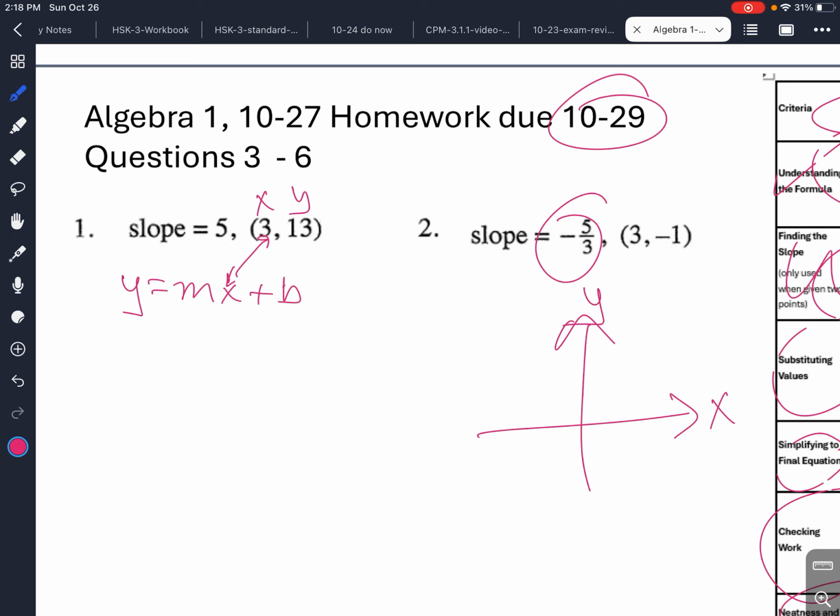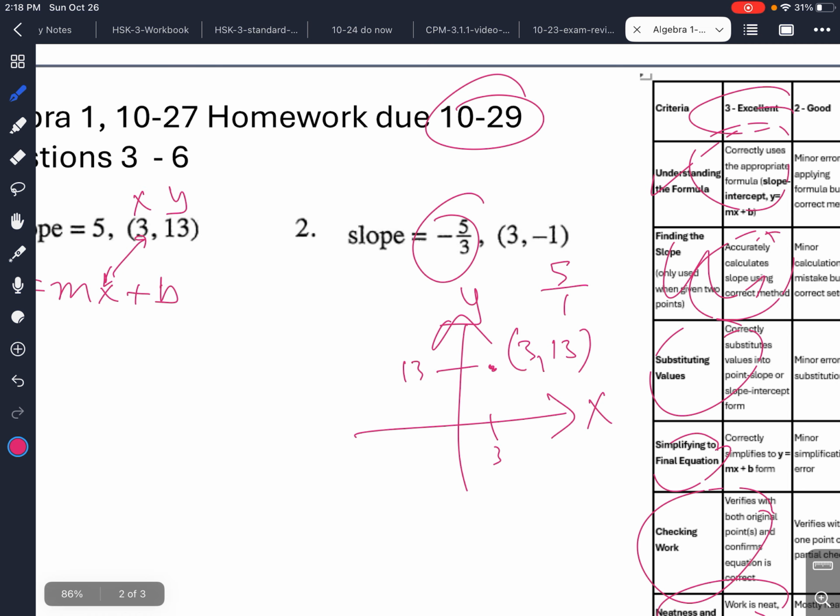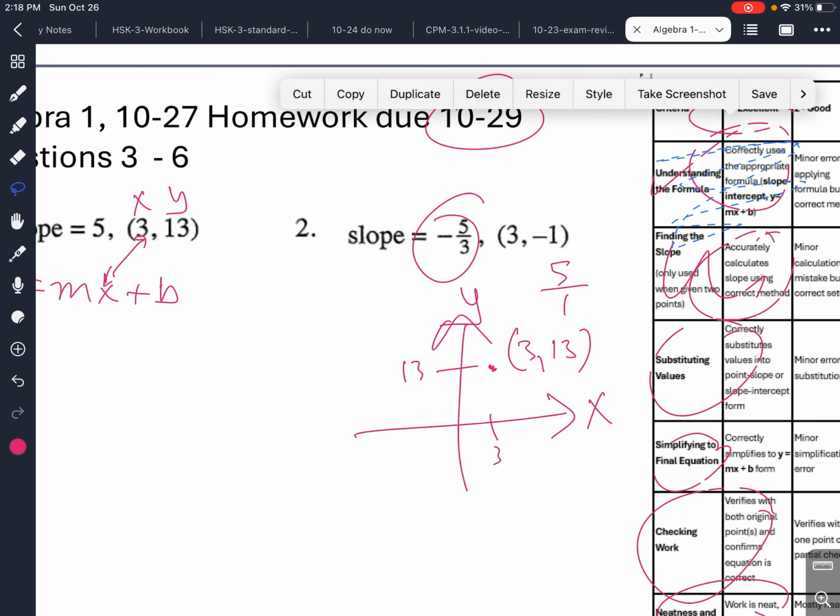It says this point is somewhere on 3 and 13. That's what 3, 13 means, right? So this line has a slope of 5, has a rise over run of 5 over 1, and it crosses through this point. And we want the equation for that. So the first thing to do is you need to substitute. The first thing to do is,